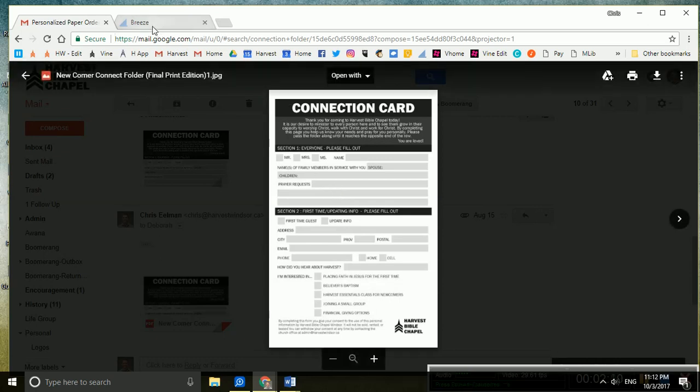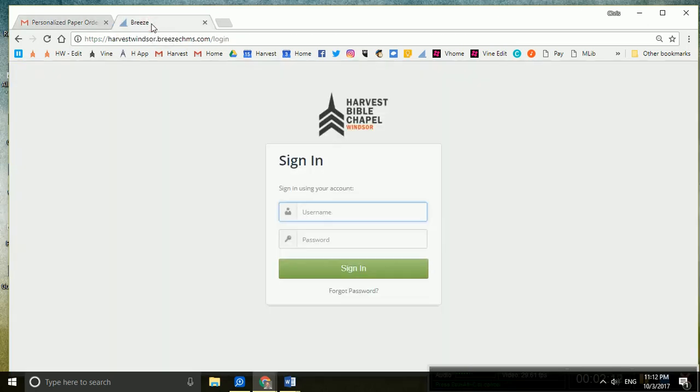Next, you'll log into our Breeze database. This can be accessed anywhere that you have access to an internet connection. Try to make sure you're using a personal computer, not a public computer, or if you use a public computer that you would just clear the cookies and don't save the passwords. But you'll log in at